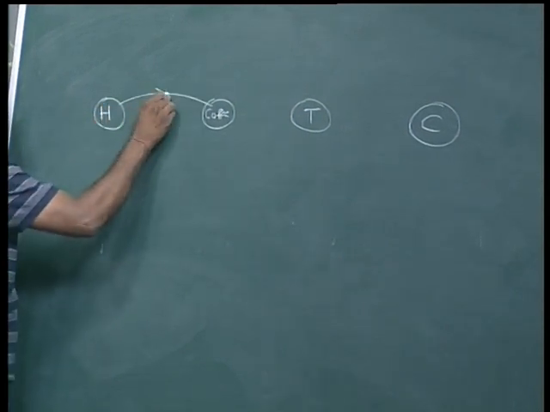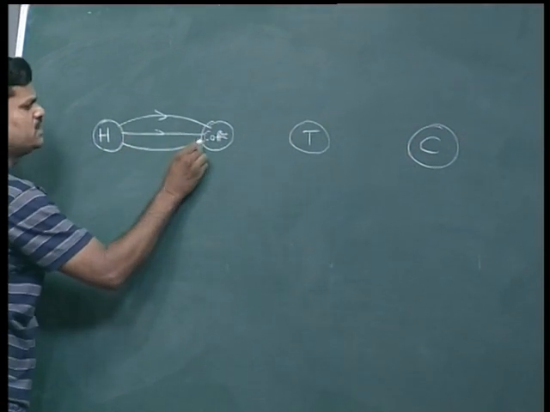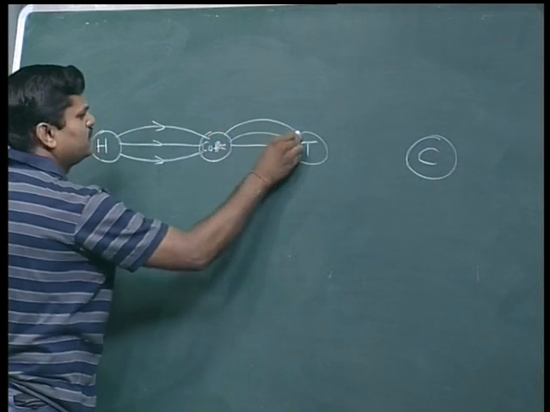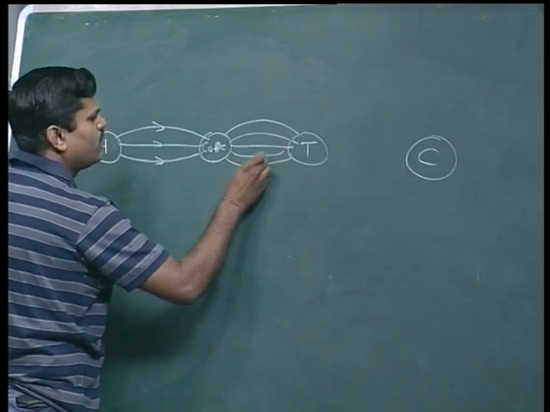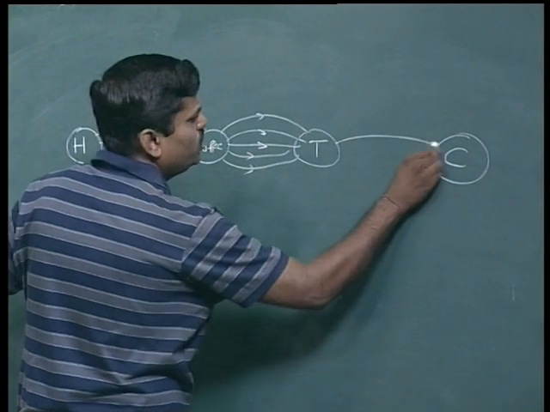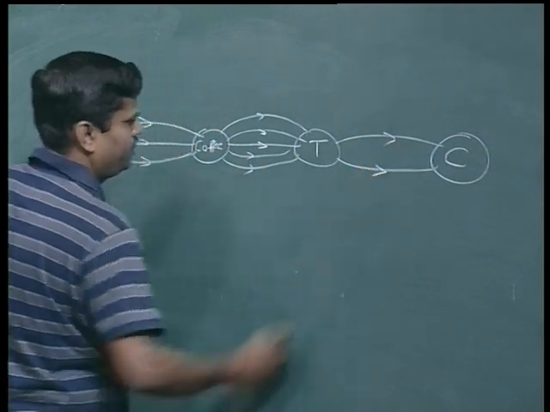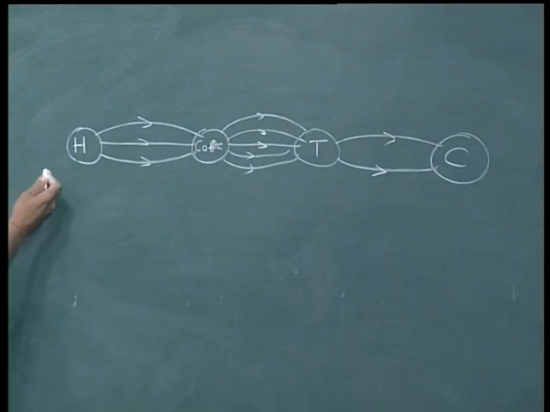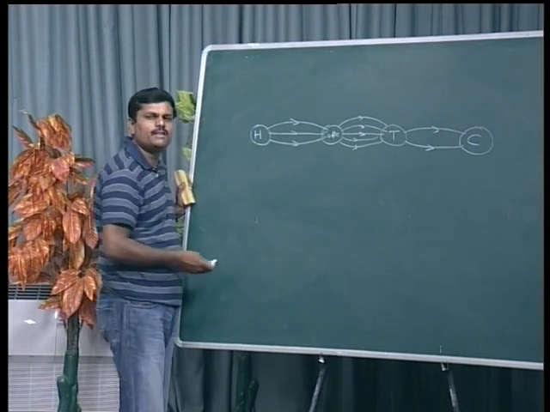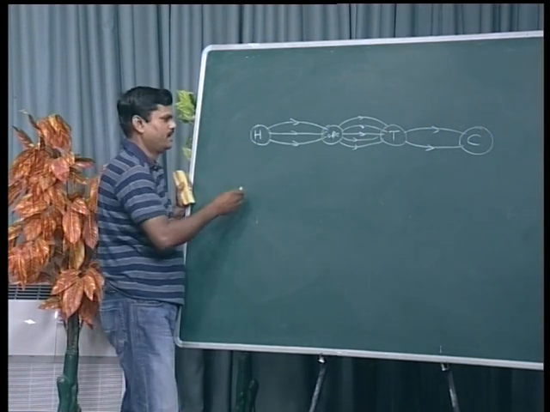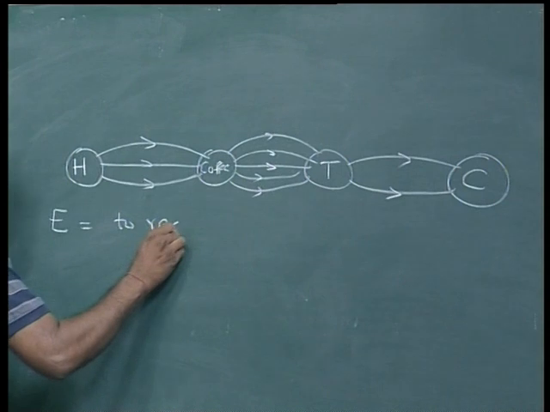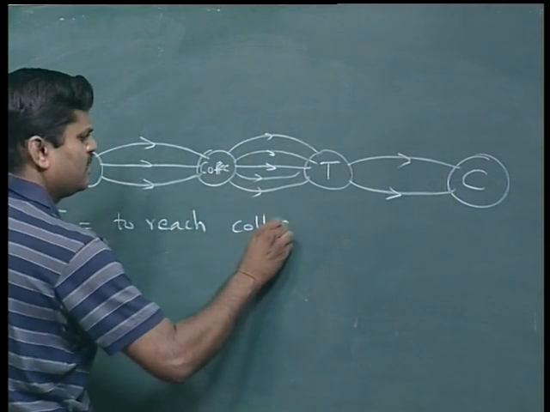Suppose there are 3 ways or 3 roads which go through the coffee shop, and there are say 5 ways you can reach from the coffee shop to the theater, and again suppose there are 2 ways from the theater you can reach college. So in how many ways can you go from your home to college? That is our question, and this can be answered again by the multiplication principle in this manner. Okay, the main task, that is E, you can take as to reach college from home,